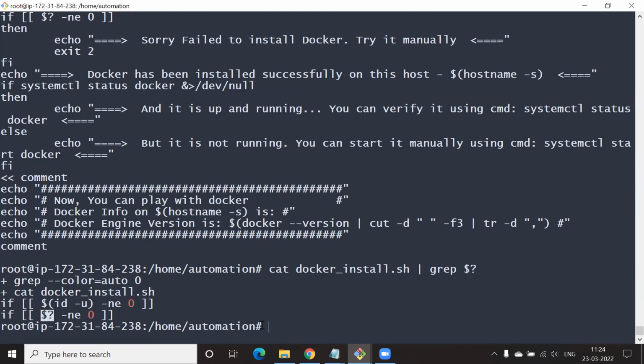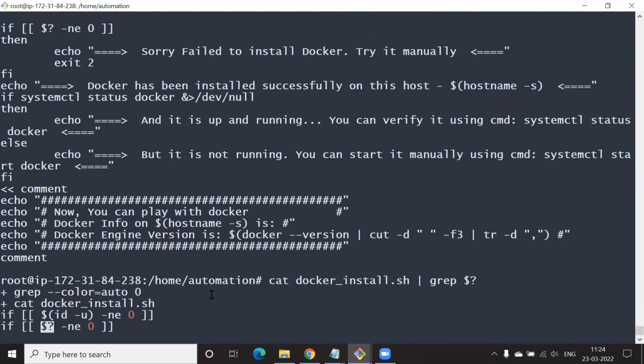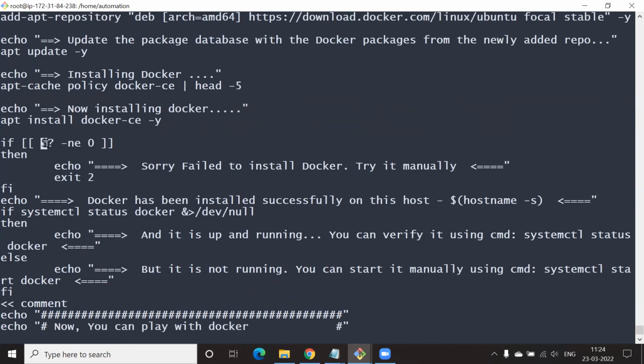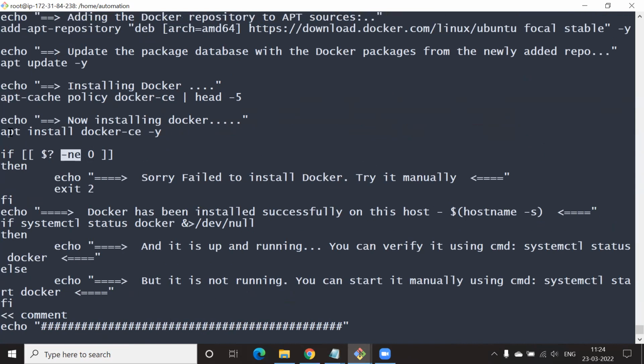But if you scroll up a little bit, somewhere in the middle the dollar question mark is there. What is happening in this particular line? If the install docker script is not able to run successfully, then it is printing, sorry, failed to install the docker.